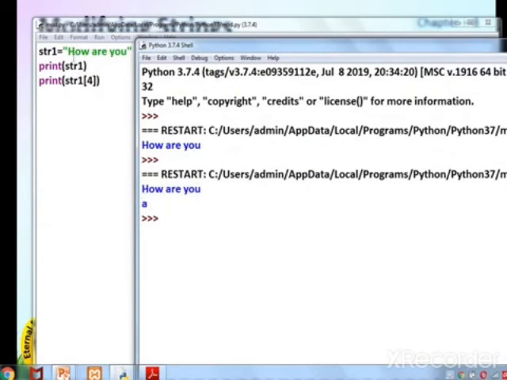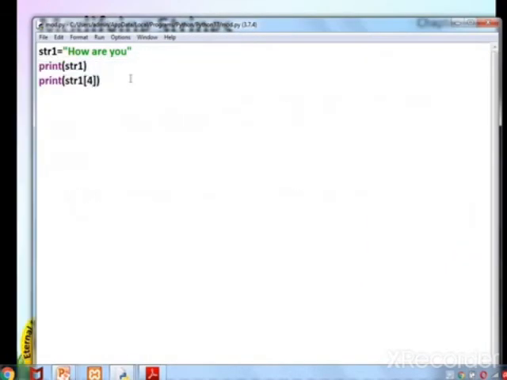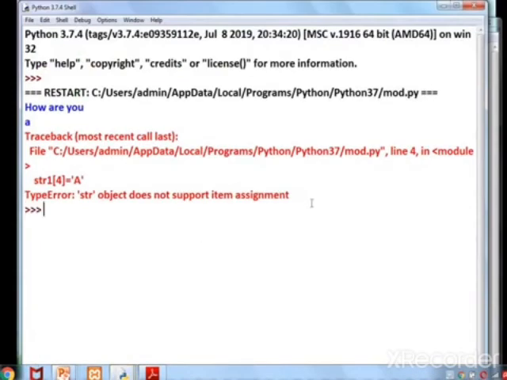If it is 4, it takes the single character at that particular index. Is it clear? Now, if I want to change, like str1 of 4 equals any one character, then it will give an error because strings are immutable. I cannot modify it.